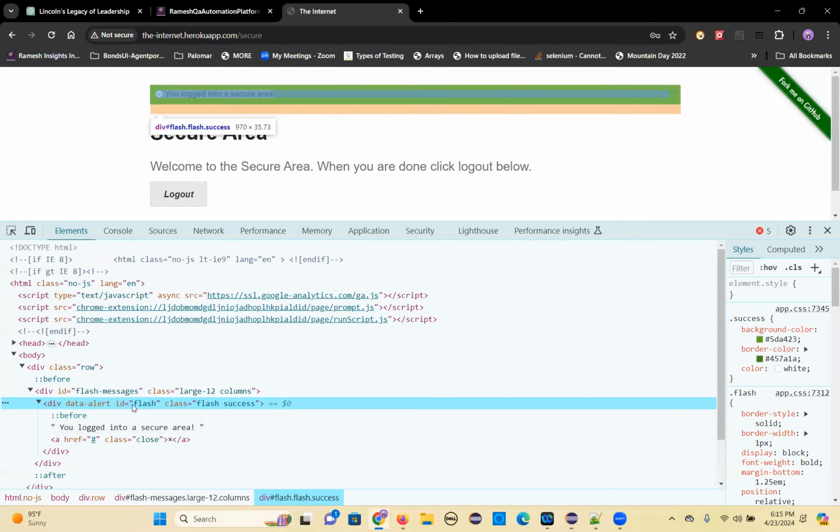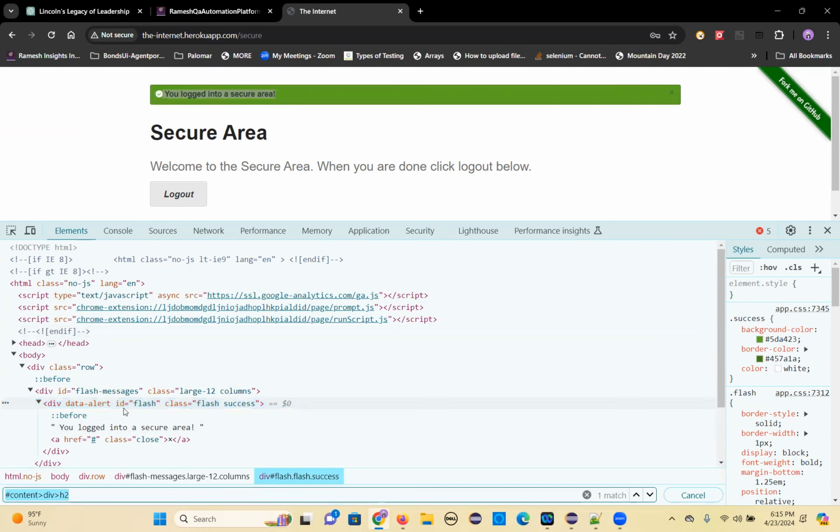Yeah, you can use a hash. Otherwise, I'll start from here. Hash flash messages. So then div. Just put a div. That's it. So if you want to test whether whatever you are writing is correct or not,